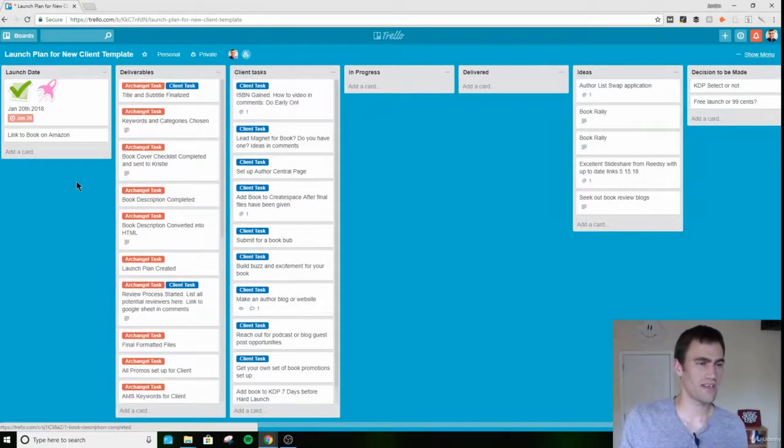As I'm working with the client, this would be what I'm starting with. I'm starting with these deliverables up here. Those are the things that I am doing for the client. These things right here are client tasks. These are the things that the client has to do, or that I'm going to be moving over and just making sure that they do. Sending them an email and saying, hey, did you set this up yet? Here's a guide on how to do it. Actually setting it up for them is beyond the scope of what I would do. So I would just make sure